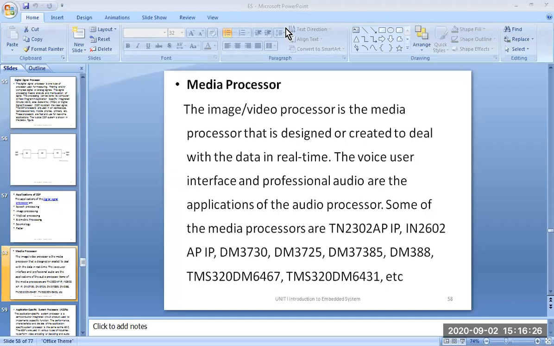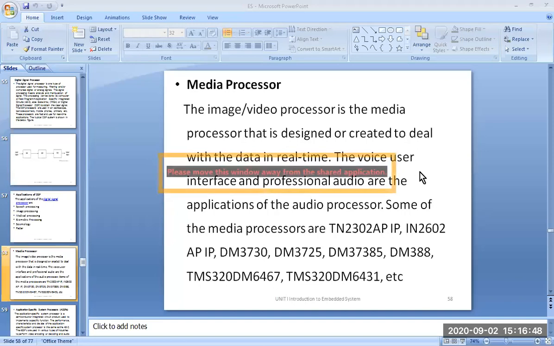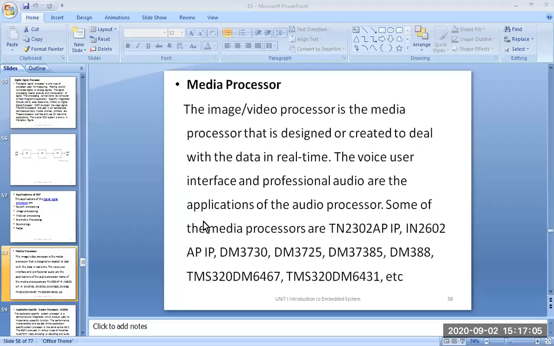So the architecture of these processors is not that complex. They are very simple, but they cannot process the whole general purpose instruction set.